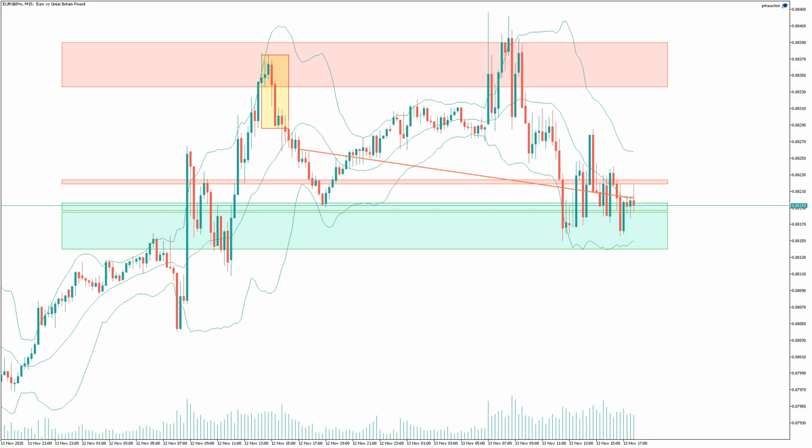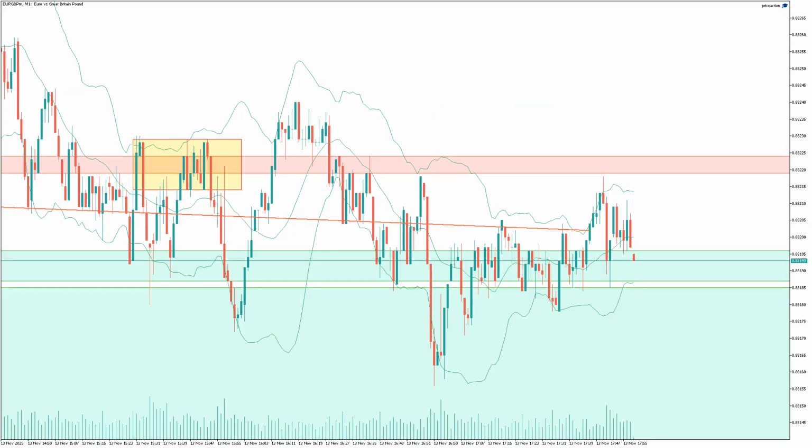This sustained interaction suggests a strong psychological level where demand outweighs supply, leading to price bounces. The confluence of these price actions, including the sideways movement and the formation of these lower shadows, validates this as a robust support area. The range of prices observed during these touches, from around 0.88102 to 0.88156, further solidifies this